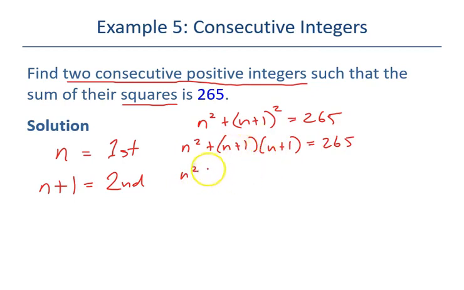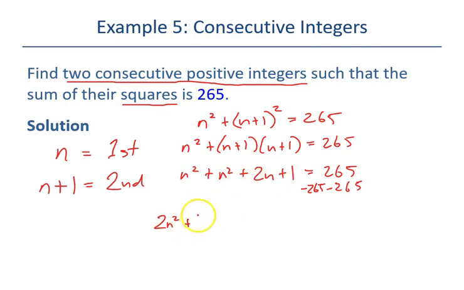Foil this out and you're going to get n squared plus 2n plus 1 equals 265. Subtract off the 265 from both sides. I'm going to start combining as I go forward here. n squared and n squared is going to be 2n squared, plus 2n, and then you've got 1 minus 265, which is going to be